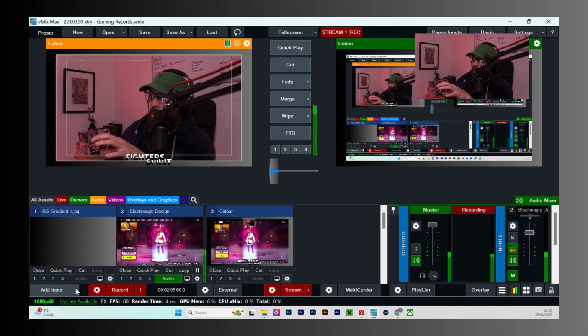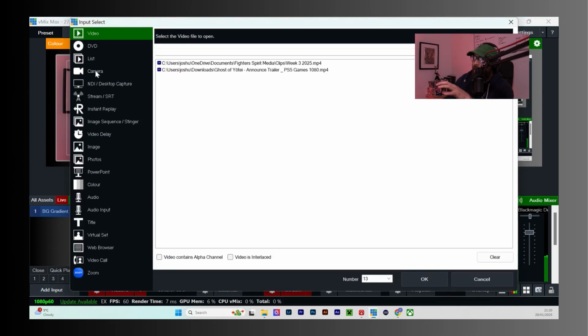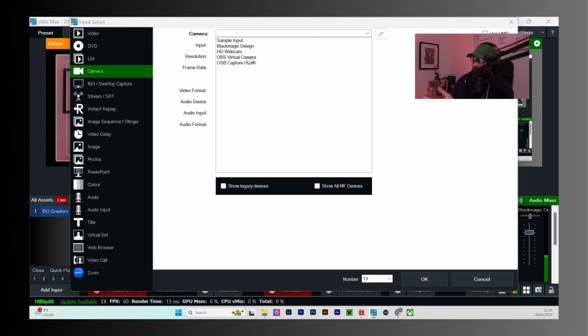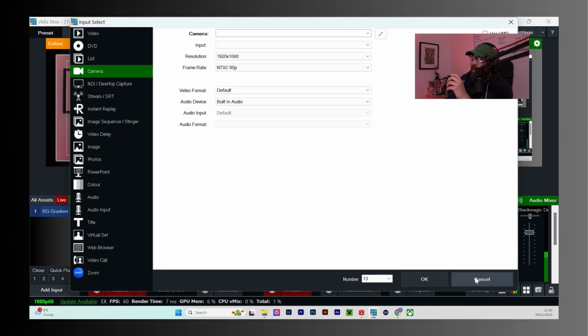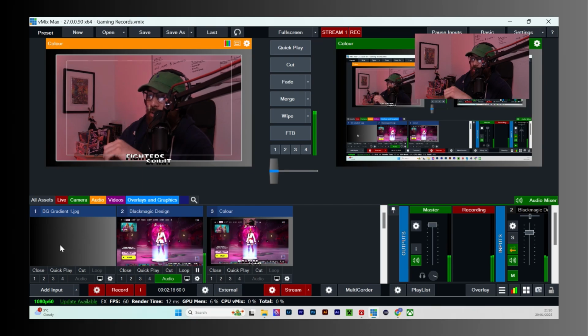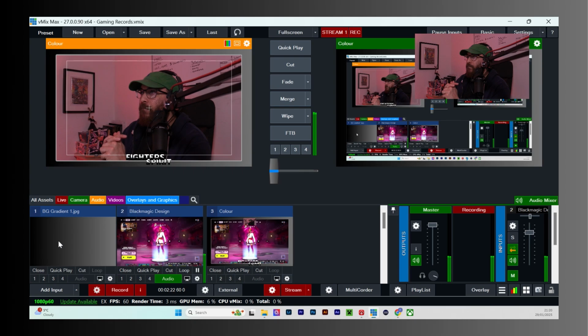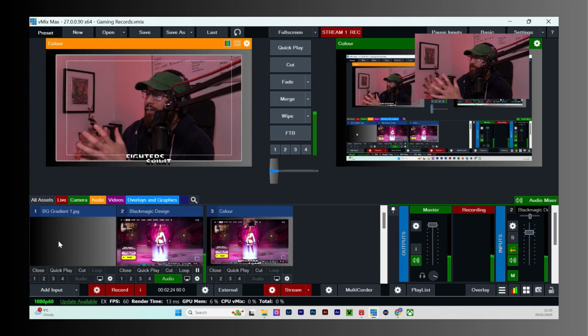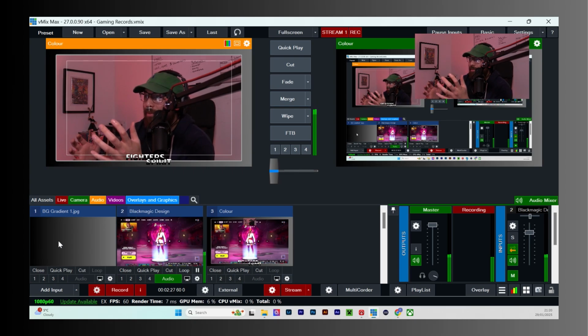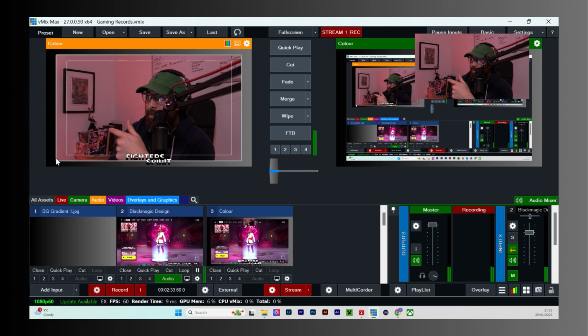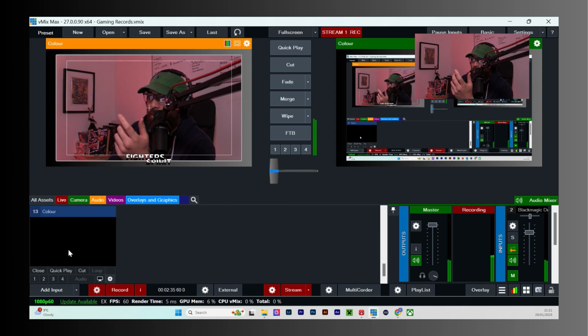So where you might add a camera input, if you had a camera, or my mixer shows up as a camera, you do it through here. But if I wanted to create my own sort of setup, for example, like the one we're using right now, I would create a blank and it would show up down here.